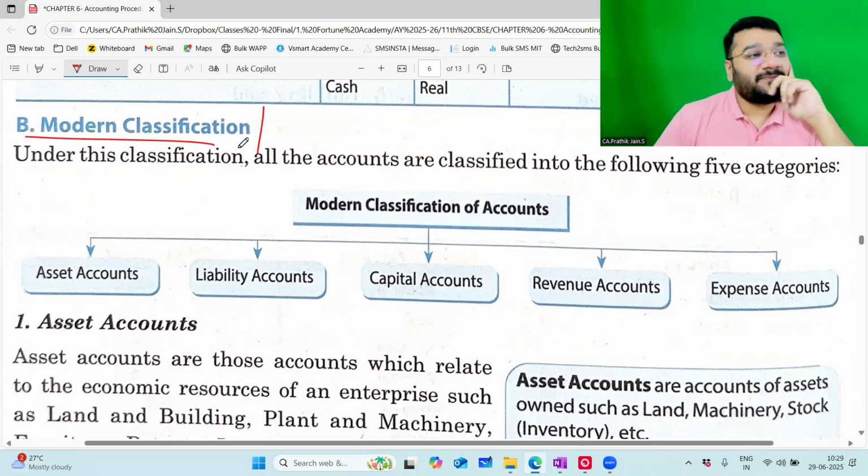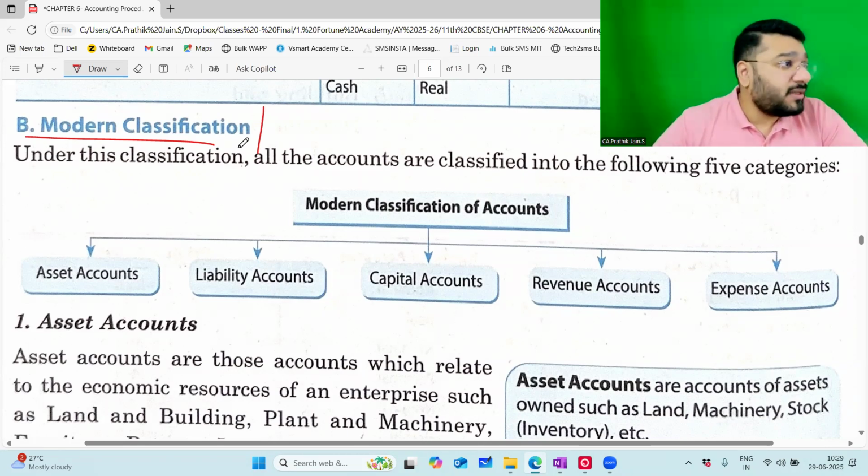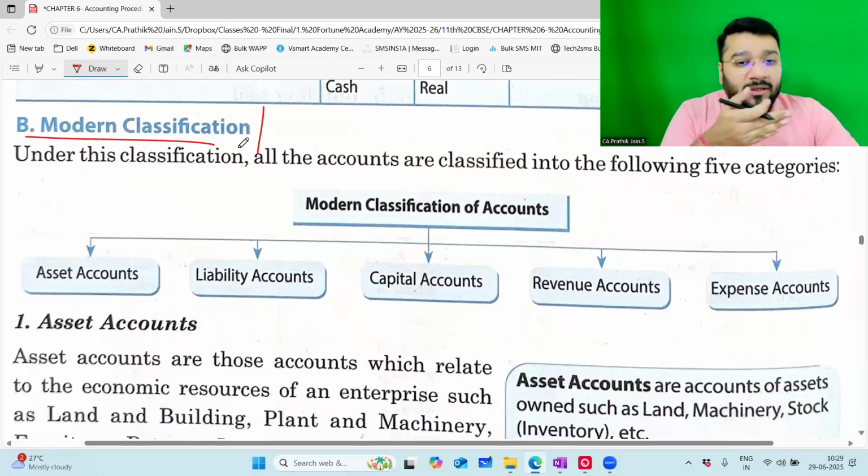The Golden Rule does not satisfy all the rules of accounting. So we have introduced the Modern Rule to satisfy the rules that cannot be satisfied by the Golden Rule. Very good. Through the Golden Rule, you are not in a position to give an answer for all journal entries. In other words, through the Golden Rule, you cannot generalize all types of transactions. Time and again, I'll prove it to you. Some transactions today, some throughout 11th, some in 12th standard will prove that you cannot arrive at the debit and credit by applying the Golden Rule.